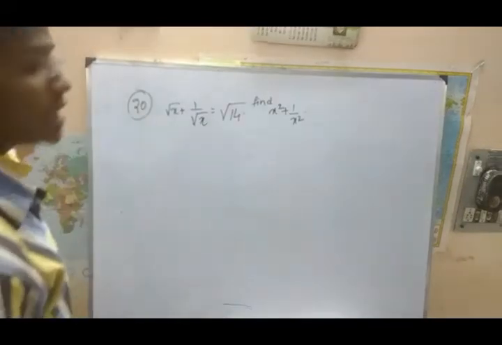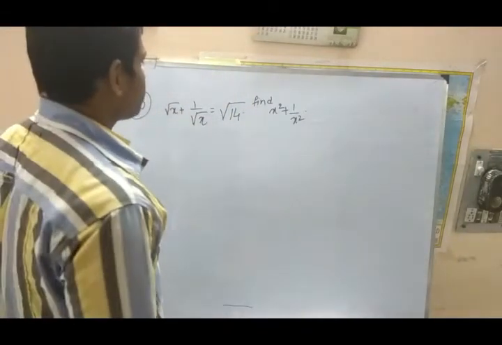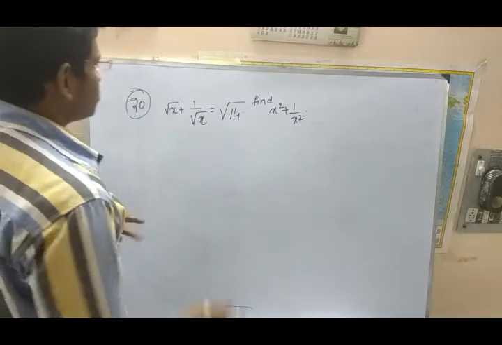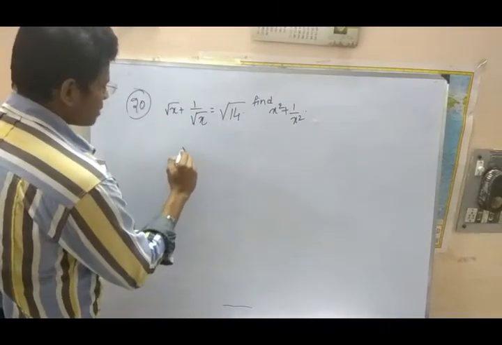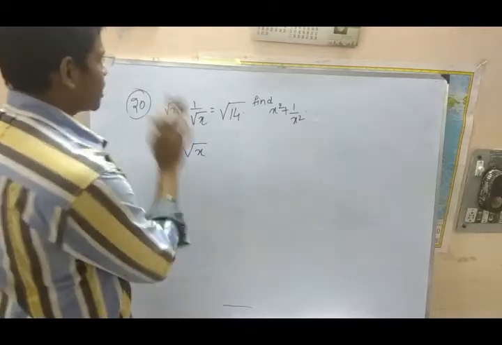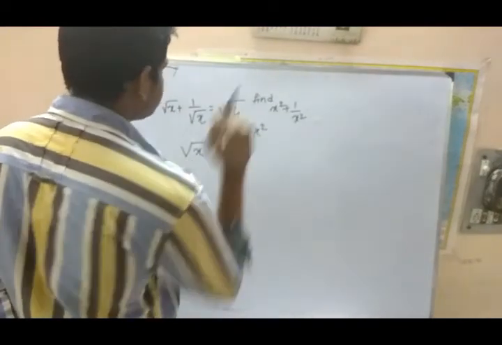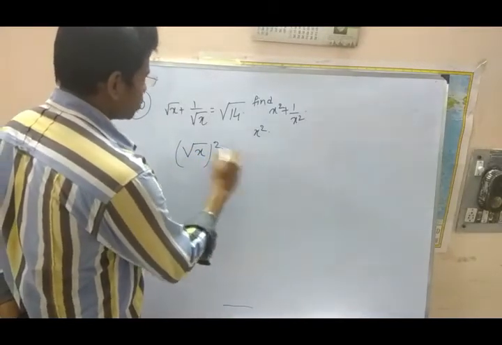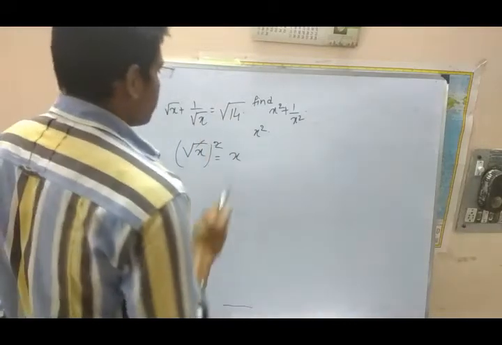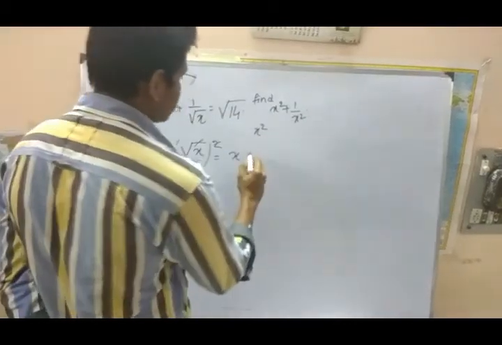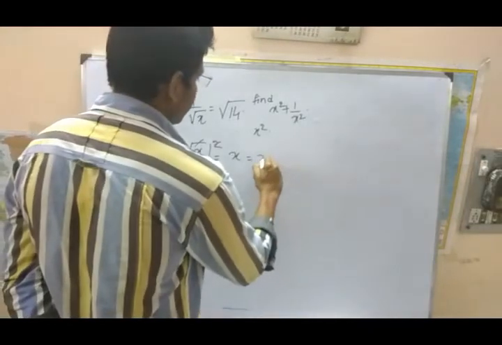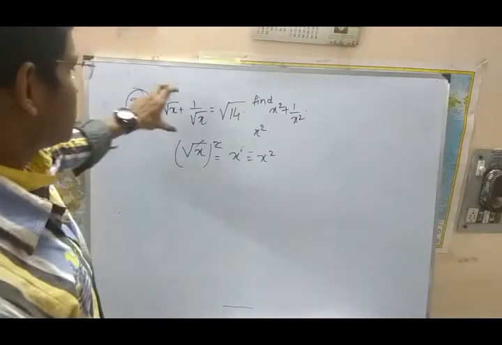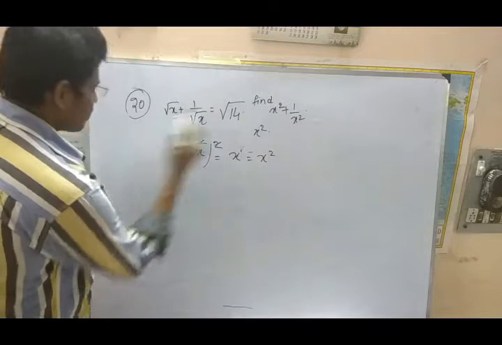Okay students, don't get confused by seeing roots here. The same thing which we have done till now. What do we need to do? Here we have root x, and what we require is x square. So what do we need to do here? Squaring. Do square, we get x, because this square and this root get cancelled. But we have x here and we require x square. So we need to do square again. Do square, we get x square. So the same we need to apply here. Squaring on both sides.